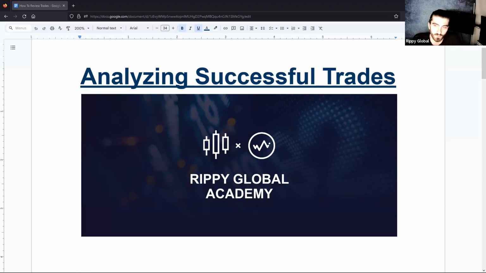And you have to do the same thing with winning trades. Figure out what worked best, figure out what fits your personality as a trader. Then as you grow, you know exactly what to look for every time you enter a trade, and you understand, okay, this is a win or lose. I'm not guaranteed a win every time, but this is my setup.